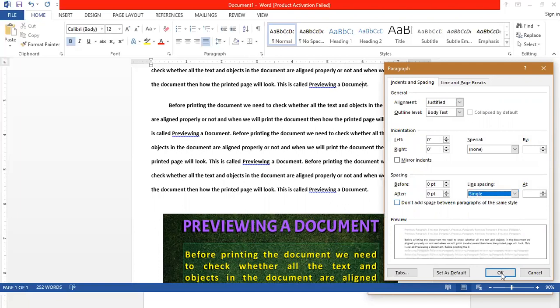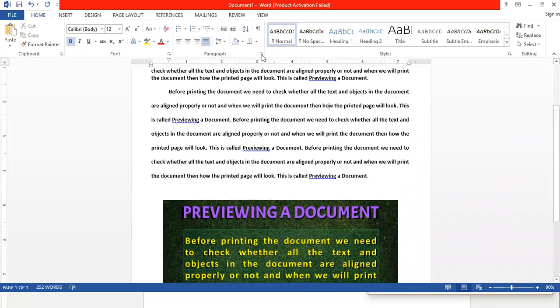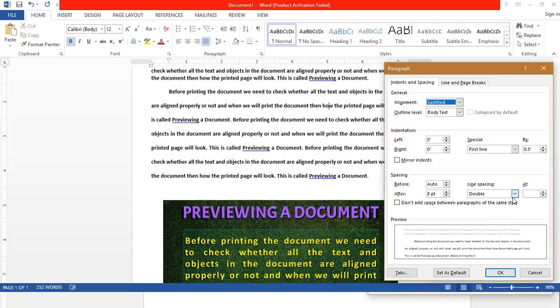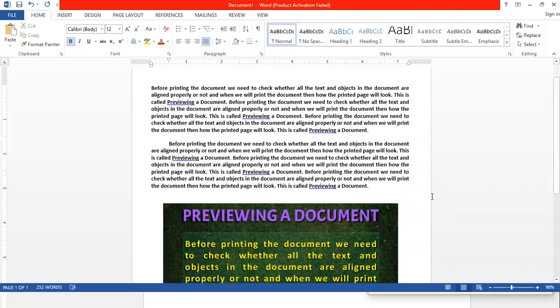By default, the line spacing is set to Single in the MS Word application. Okay, so it has come back to normal. So by default, line spacing is set to single. This is the default value of the line spacing, and this is called single line spacing.